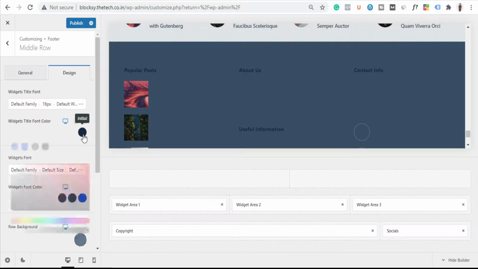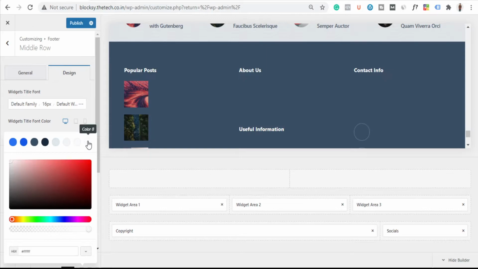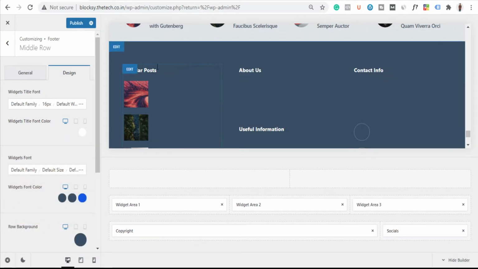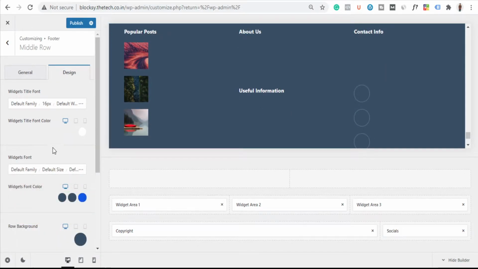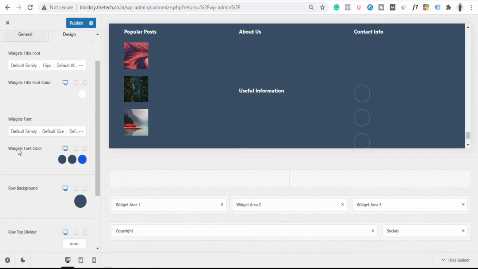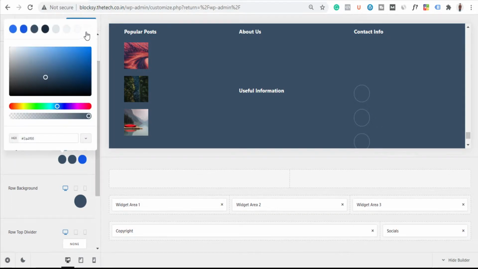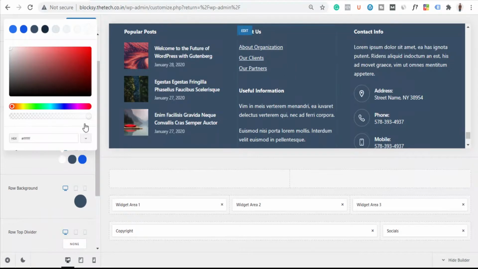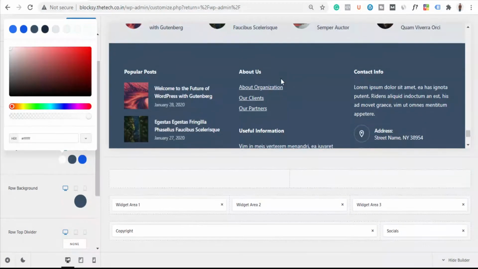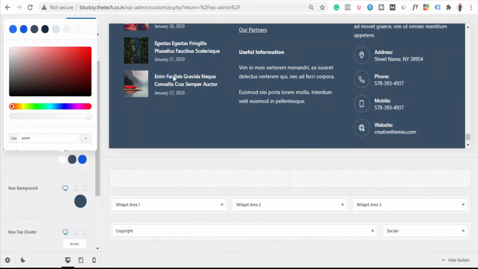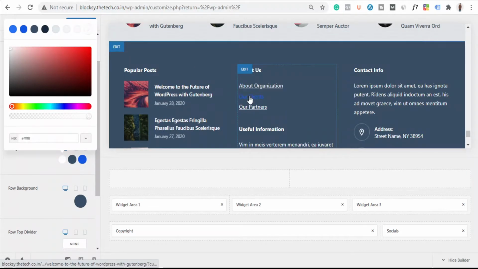Let's make it white. So basically all the titles of the widgets will become white, right? And then let's go down, let's see widget font color. Okay, so let's make this white as well. See, now it's looking beautiful. And I think the link is fine, the link will turn blue, which is looking fine.